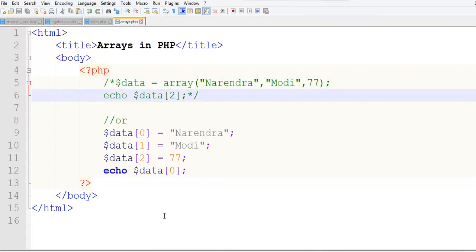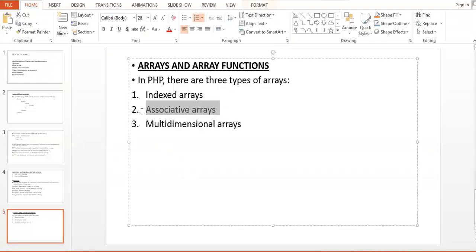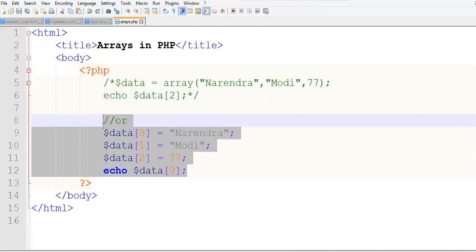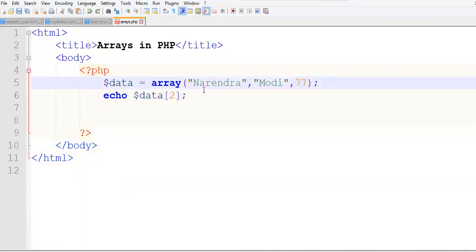Now we have the second type, that is the associative array. Let us see how to create this. What are associative arrays? We have seen how to create an indexed array. In an indexed array we access the values present in the array with the help of an index.